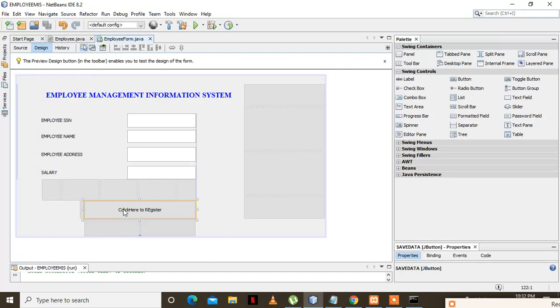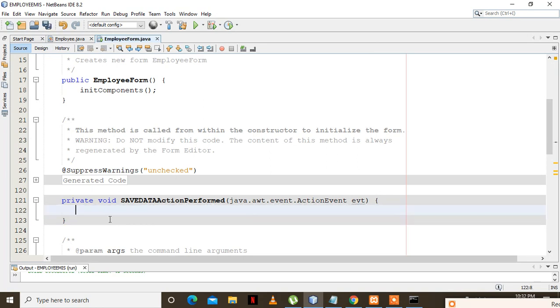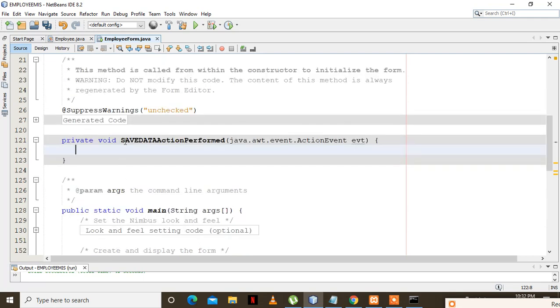So now what's next? Go to this form. Double click here on your design. It will take you into that button, the save data action performed button. This button is going to help us to do our logical code here. Once we click there, we shall be making an event. So once the event is performed, data will be inserted into the database. Here I'm going to show you all the steps, but before we go there, we need to make sure